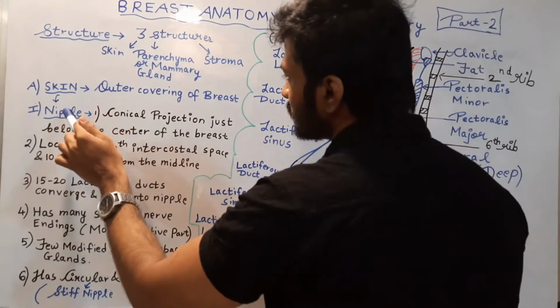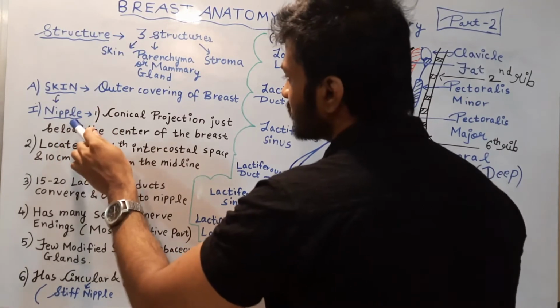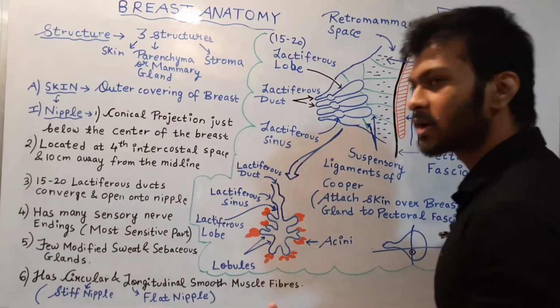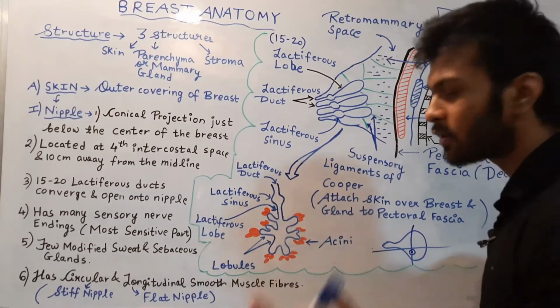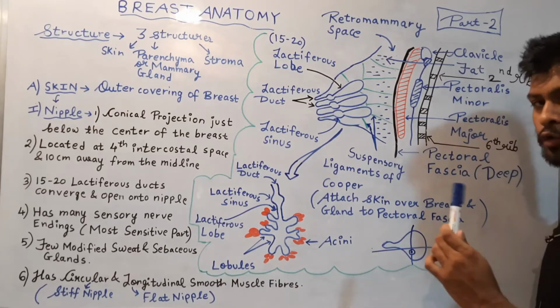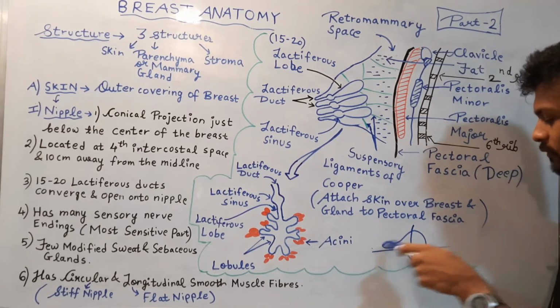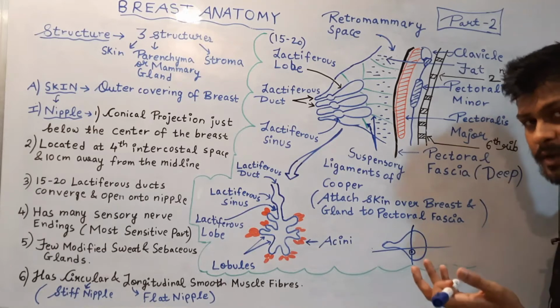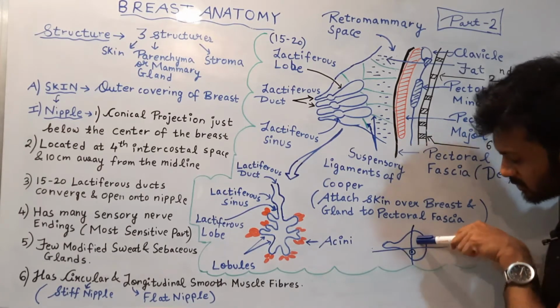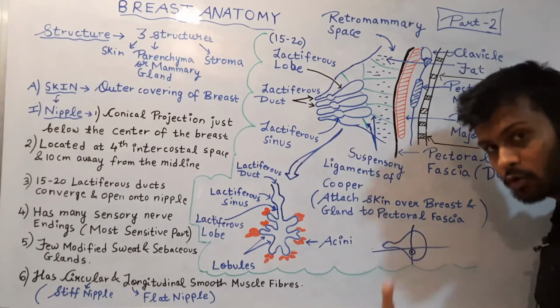The first structure in skin which we will study is nipple. So it is conical projection which is present just below the center of the breast. In the last part of the video we have seen that the breast is divided into 4 quadrants. So I have drawn 4 quadrants over here, and the nipple will be present just below the center. So if this is the center, as you can see, it will be present just below the center of the